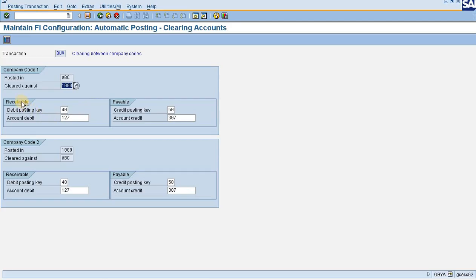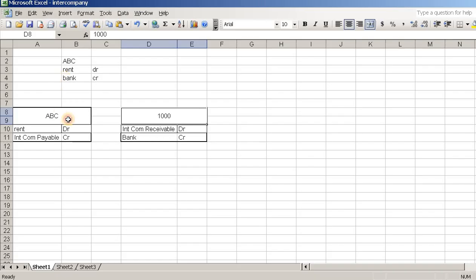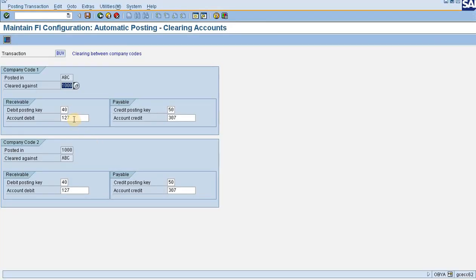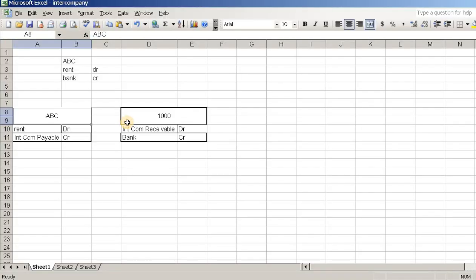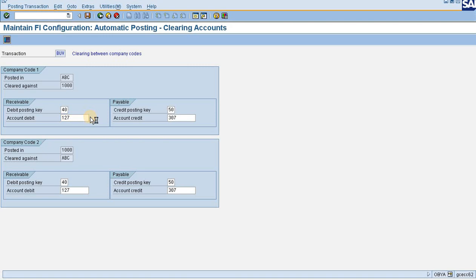Now see here, receivable and payable. This section is company code 1. Company code 1 means ABC. Okay, so in ABC's books of account, 40 means debit would be 127.